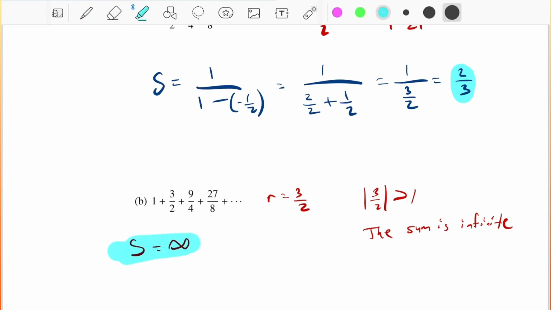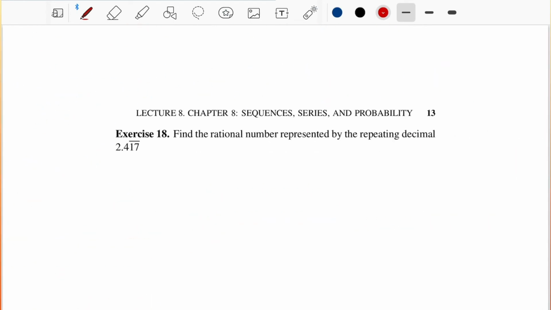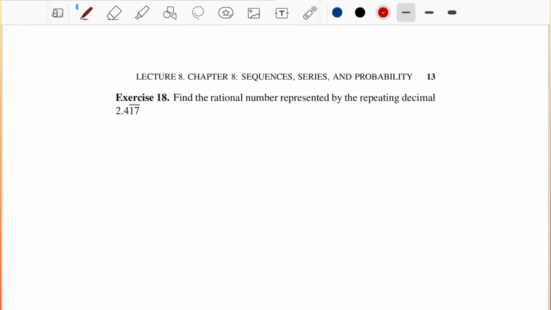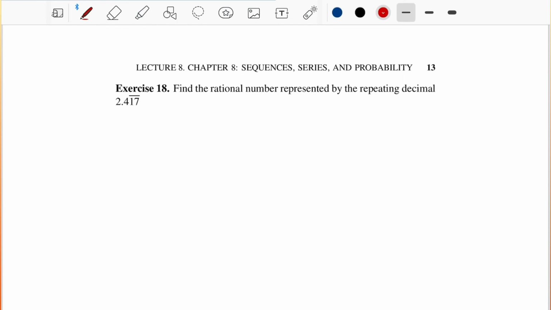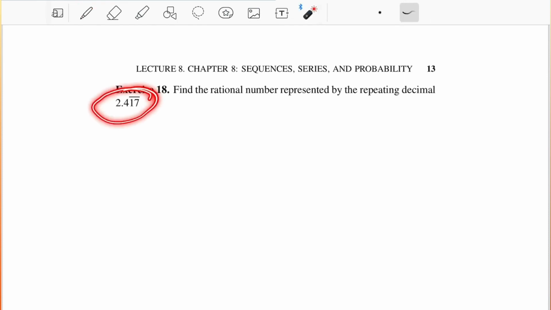Okay, so let's look at this problem. It says find the rational number expressed by the repeating decimal. So notice that we're going to change this repeating decimal to be a fraction. The way you do that is you look at the part that is repeating. It's the 17 that keeps repeating. So if we write this out, that's the same thing as